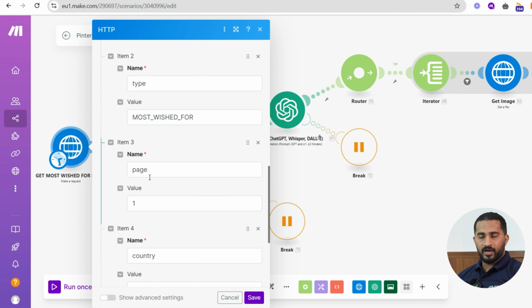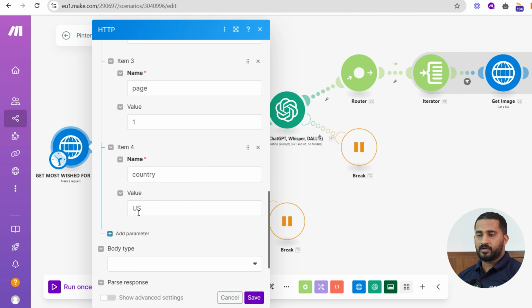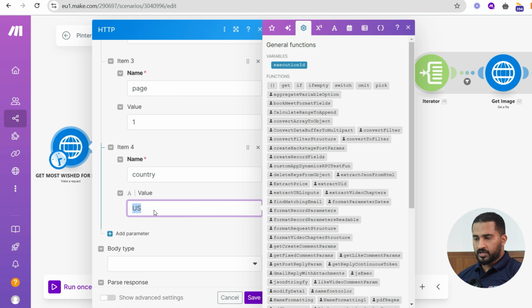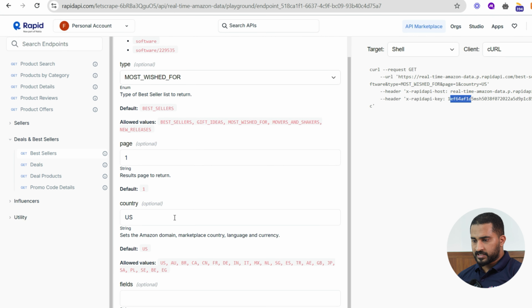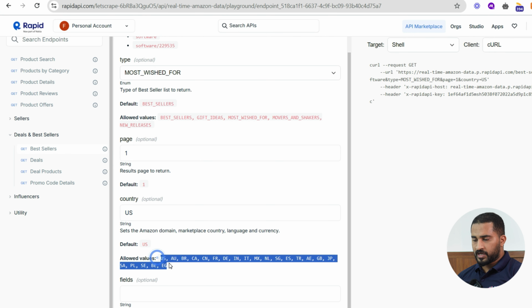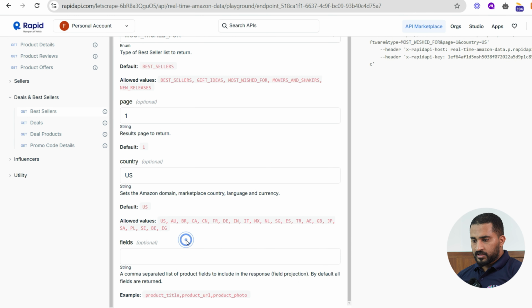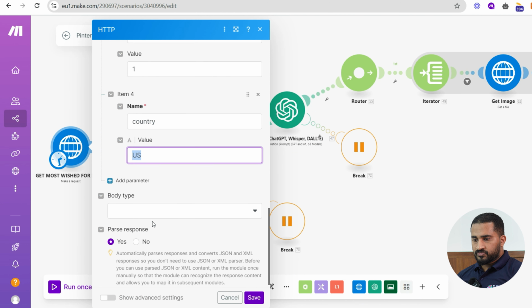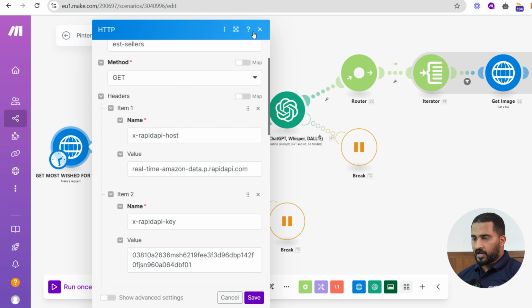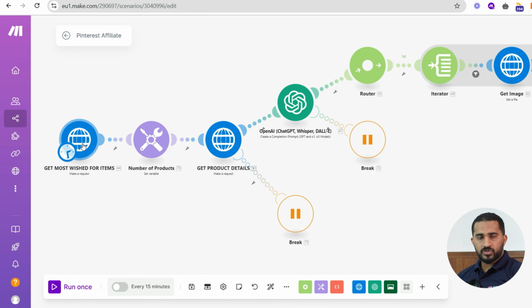So we need only one page result, and country, you can pass the country as well. By default, it will be US, and you can see here the acceptable country codes. You can pass any of these based on your location. So that's about this first module, and we will get the most wished items from Amazon as an output of